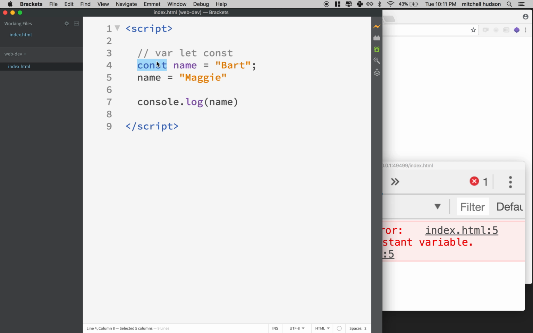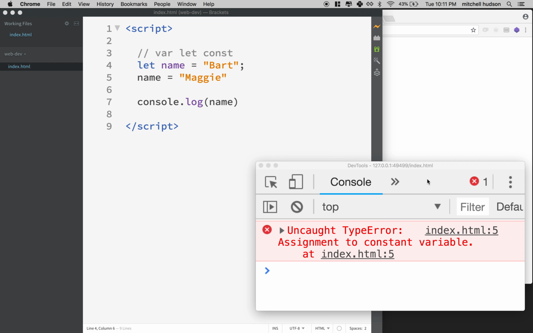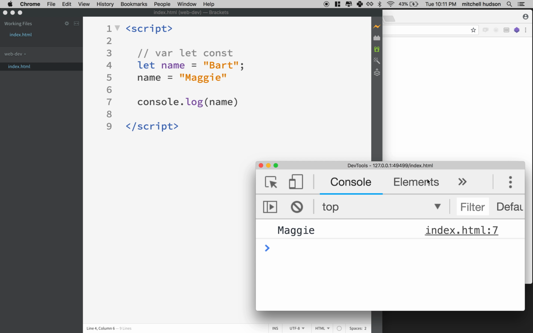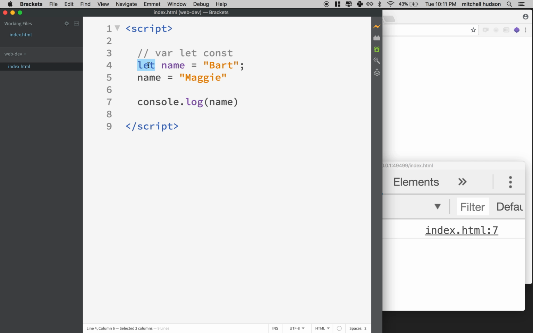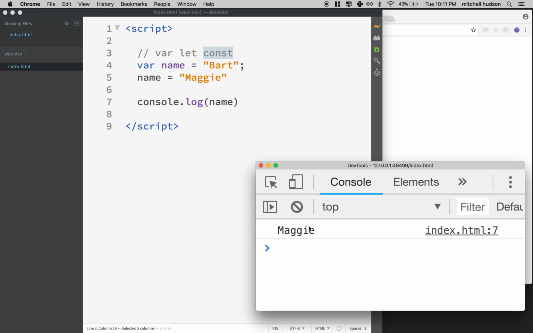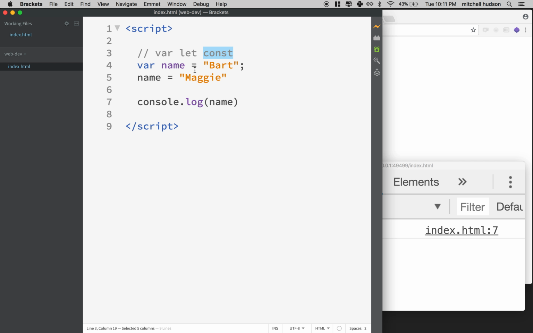If I make this a let, everything works again, okay? If I change it to a var, well, that's okay too. Var and let are both mutable. They can change. Const is immutable, cannot change. So if I make that a var and I refresh, I still get Maggie in here because I had Bart and then I changed the value. Okay, so that's the first thing, mutability. Const is immutable. Var and let can be changed. Okay,